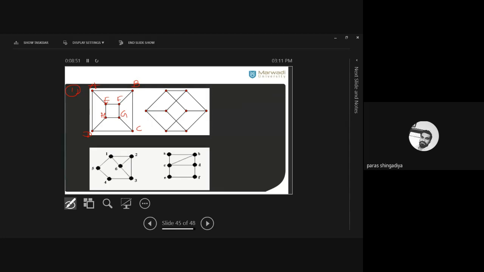Clear? And if we say this vertex is the image of A, let us say it is A dash. I consider this vertex is the image of A. You can also say it is F of A. That is arbitrary notation. So that is the image of A, that is A dash, and A dash is adjacent with 3 vertices.